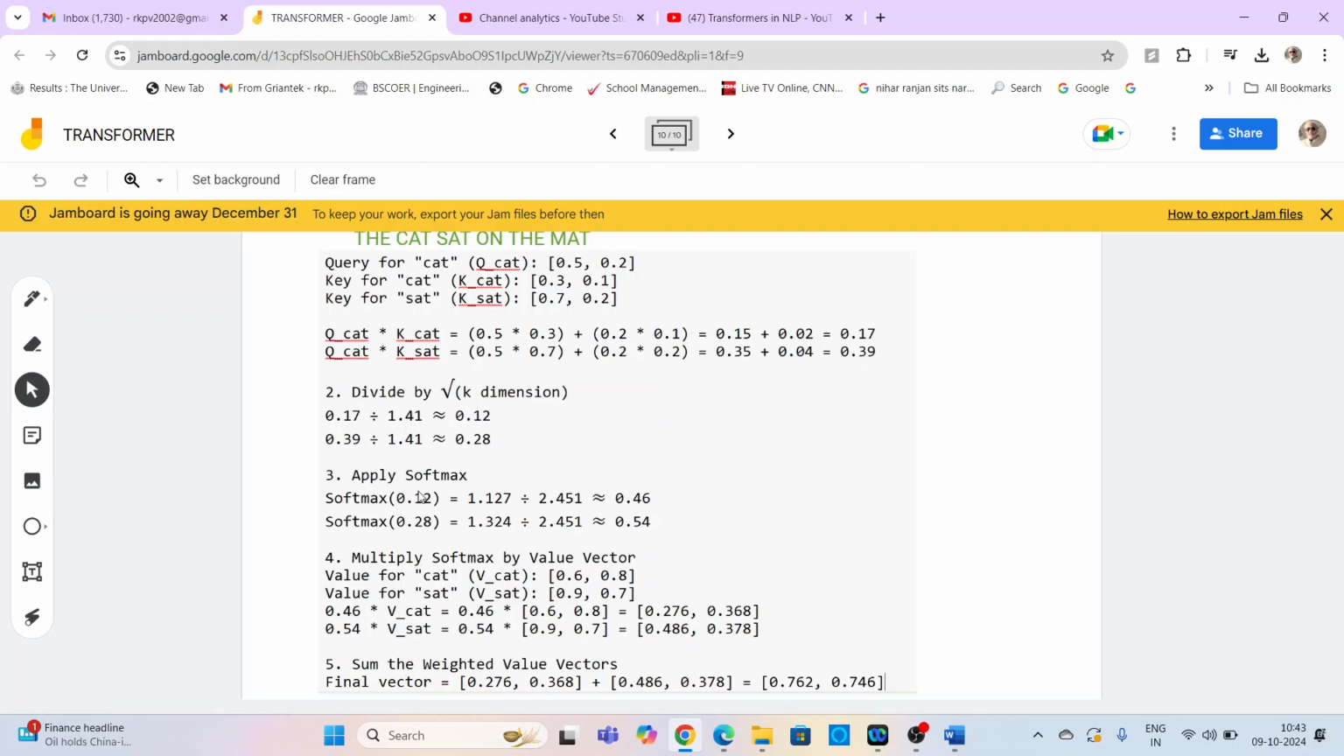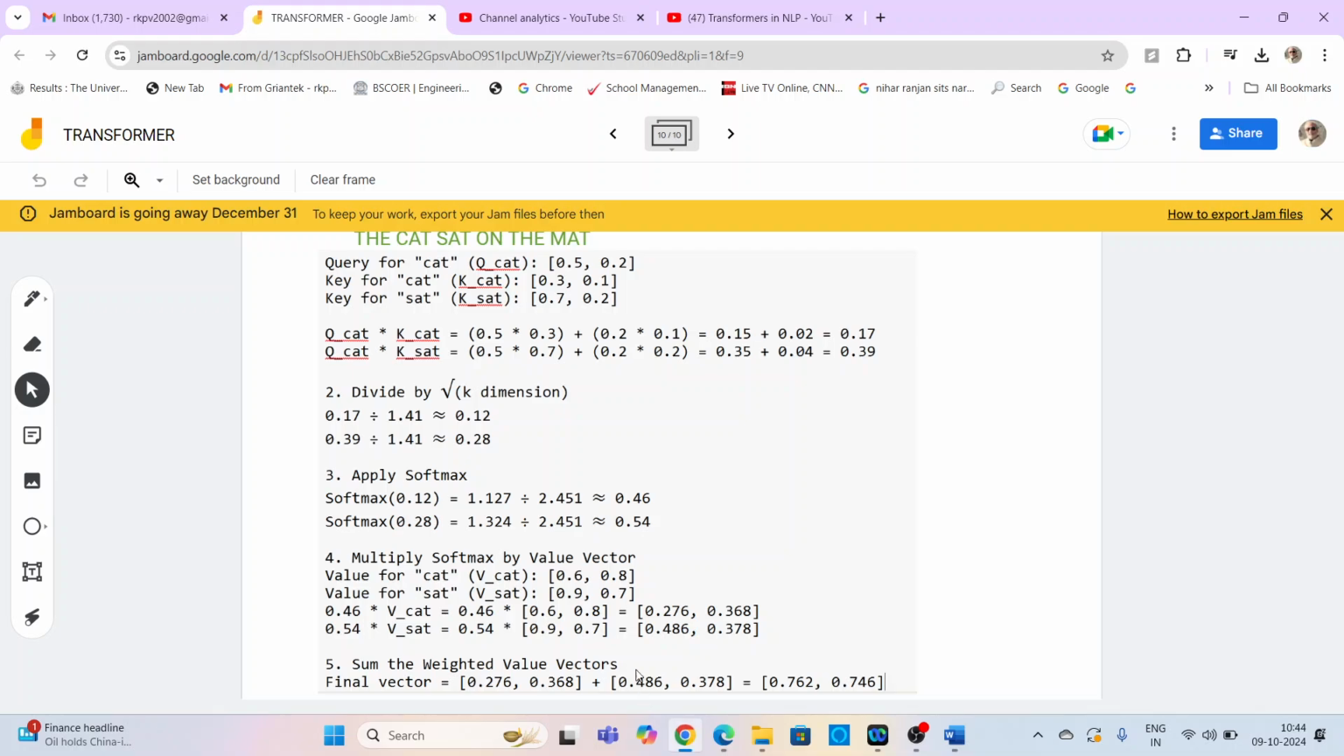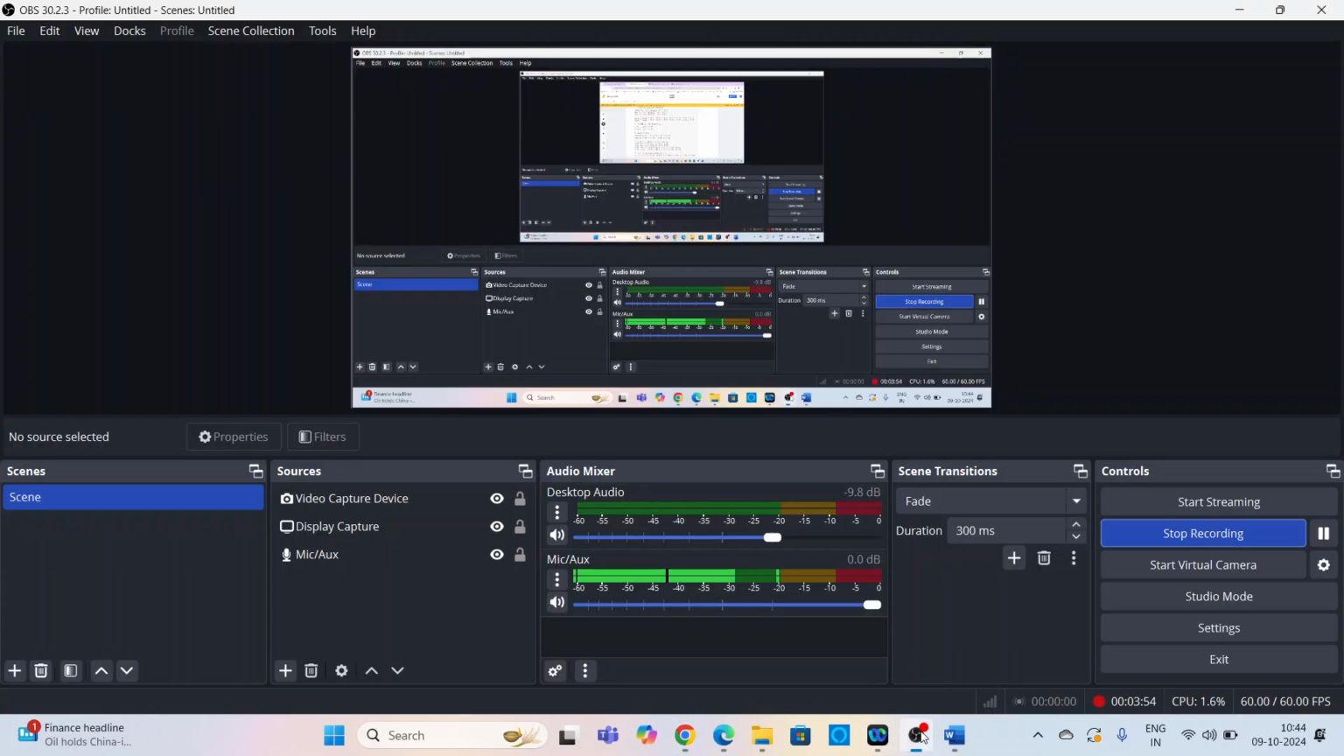this root of k dimension. After that, we are applying the softmax, and you have just seen the softmax formula, where the numerator is e to the power of the input vector and the denominator, for normalization, is the sum of the exponentials. When I'm applying the softmax here, using that formula, you derive the softmax. Once you get the softmax, you multiply that with the value vector, and ultimately you take the weighted value vector sum. So this is in brief how